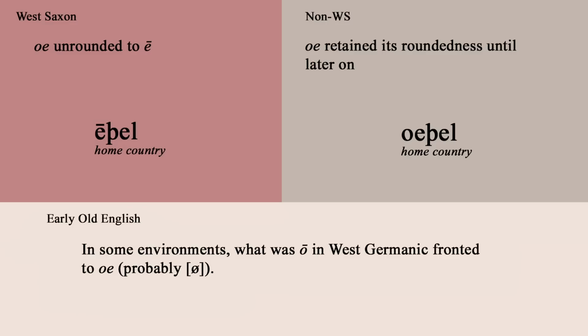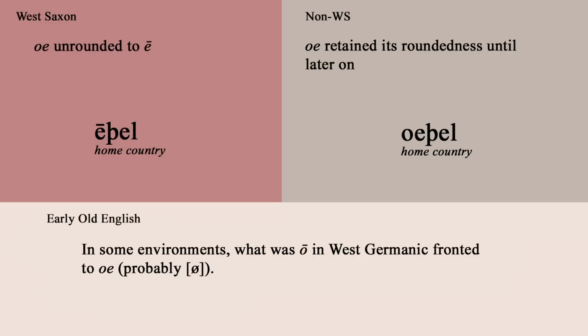A key vowel difference that probably would have marked you out as not being local to Wessex arises from the fact that in early Old English, what was a long a in the West Germanic dialect continuum did what's called fronting, so its articulation moved to the front of the mouth. So a became æ, you can feel your tongue moving to the front of the mouth, so that's what happened. Ō became ē, and in a lot of regions this just stayed throughout the Old English period, but throughout a lot of Wessex it unrounded and became e.